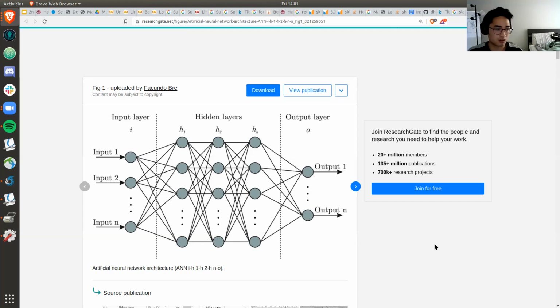A really nice example would be image classification. Actually, image classification uses logistic regression. It uses the sigmoid function. So let's say you have an input layer and a 20 by 20 image.